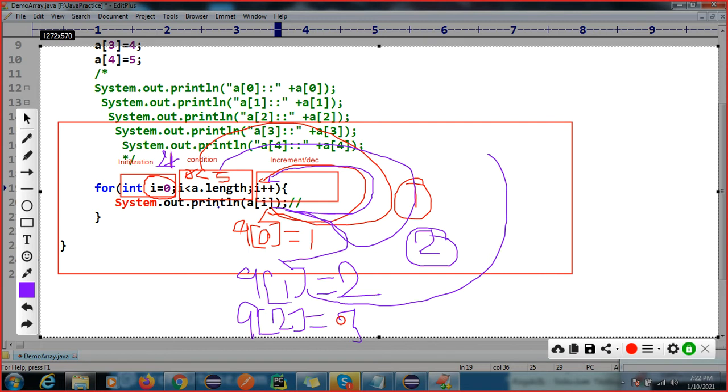3. Because until your condition becomes false, your for loop will keep rotating. All the rotation will go on until it becomes false. So again here I will become 3. So what is the value of a of 3? A of 3 is equal to 4, right? Again it will increment I plus plus, I will become 4.